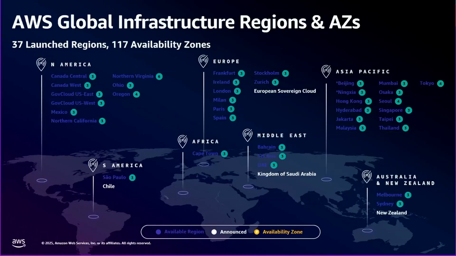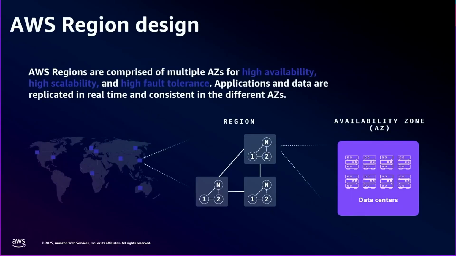This is a 300 level talk, so we assume that you're familiar with how AWS infrastructure works, the difference between a region and an AZ. We have 37 global regions that have been launched so far across 117 availability zones. And you should also know what an availability zone is, right? Each geographic region, like the Cape Town region, has multiple availability zones.